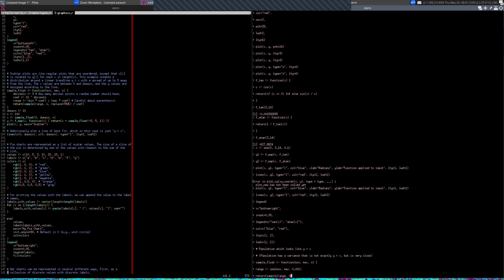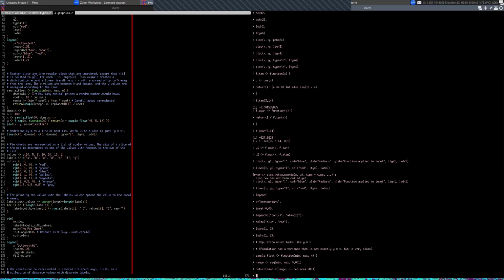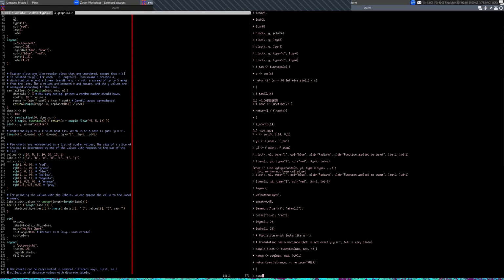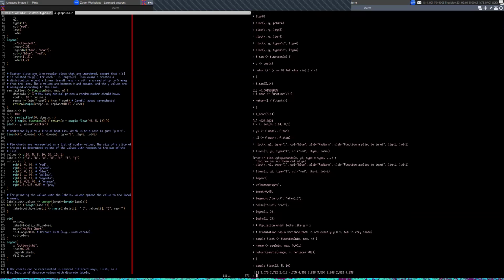We want to sample n values. In this case, n comes from the parameter. And we want to say replacement is equal to true. I think this is just fine. We'll see. If I said sample float between 2 and 5, I'm going to sample 10 things from there. Look at that. And they're all 3 decimals long, just because I said the step size right here is 3